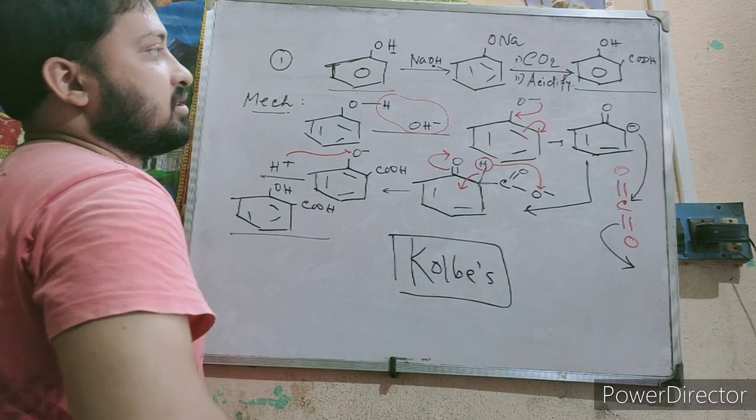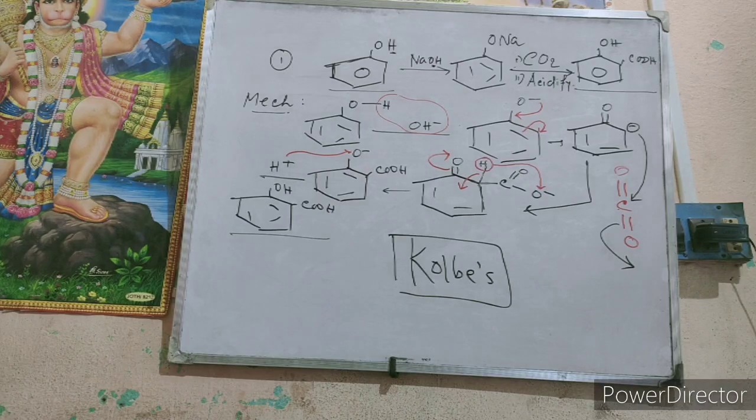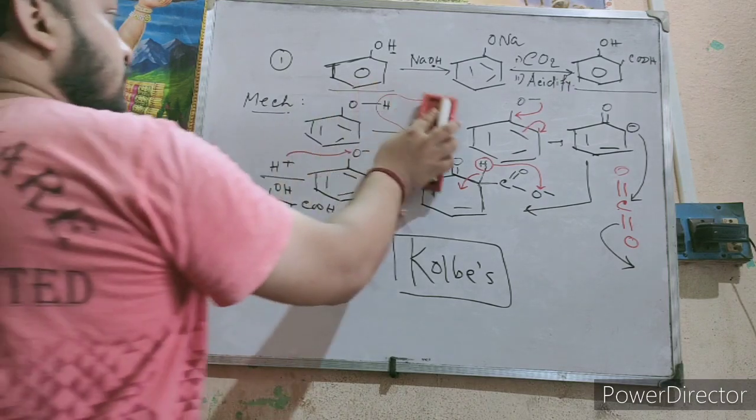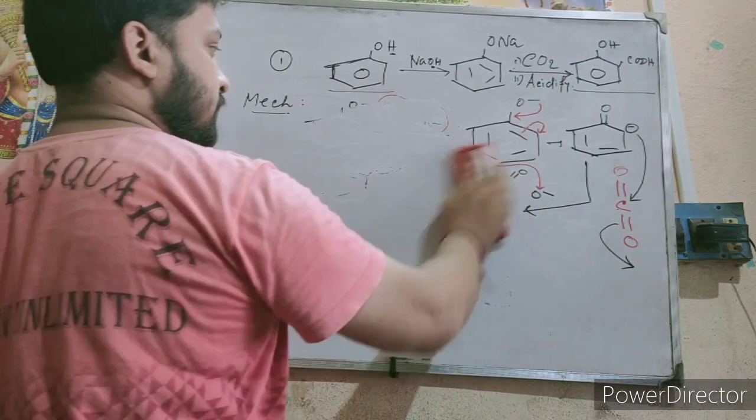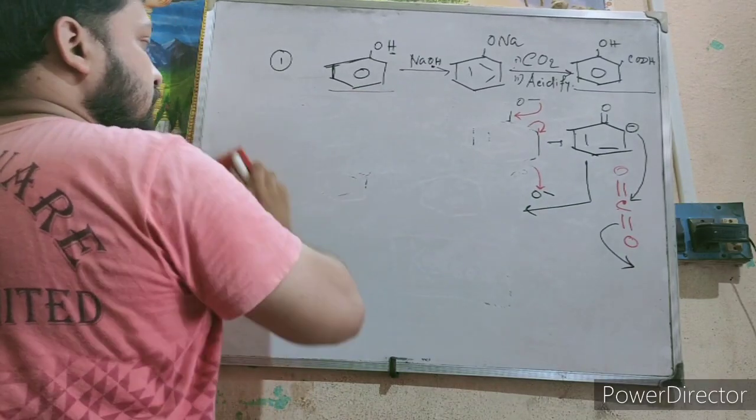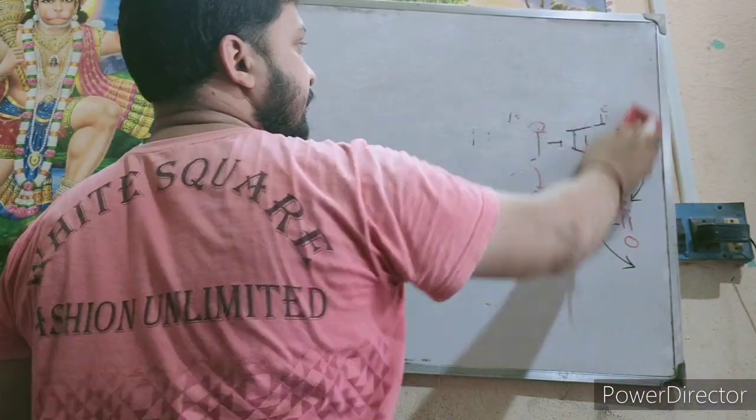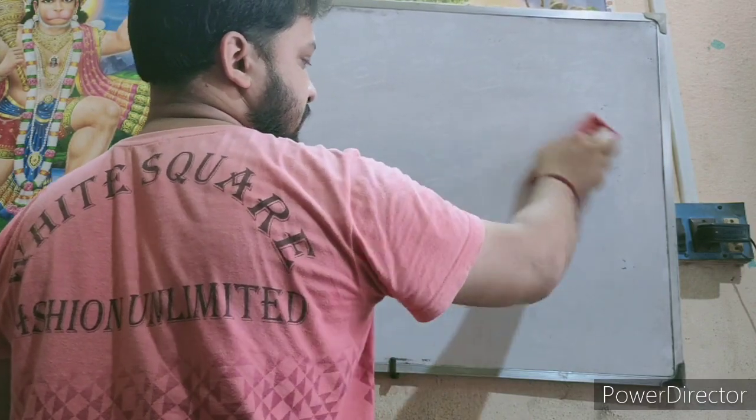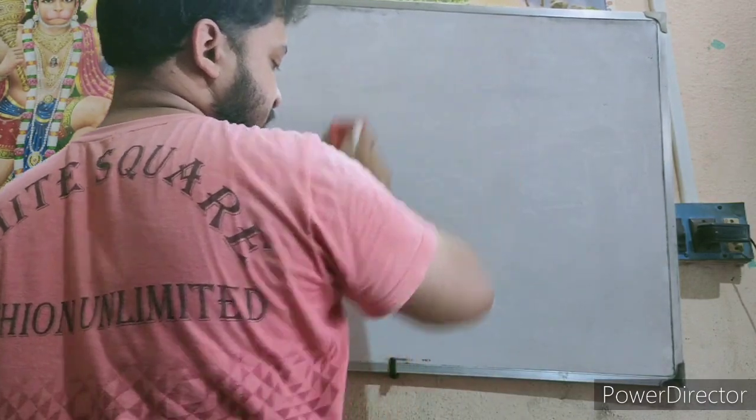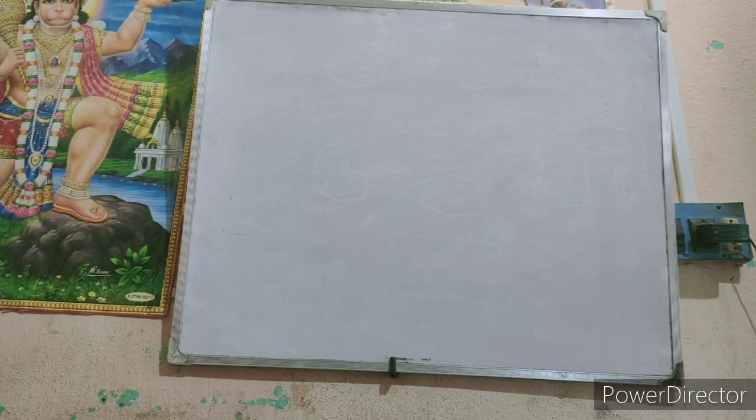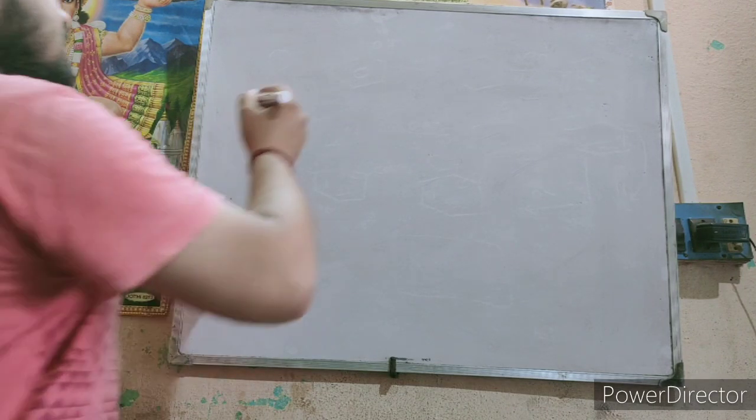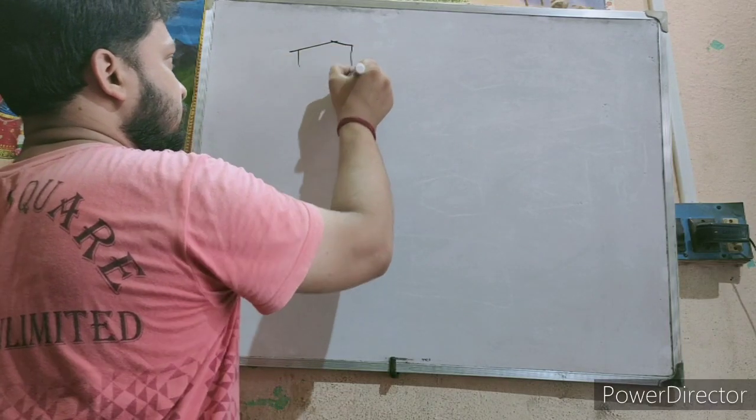This is Kolbe's process. Secondly, now the process is the Reimer-Tiemann reaction. For this Reimer-Tiemann reaction, you have phenol,